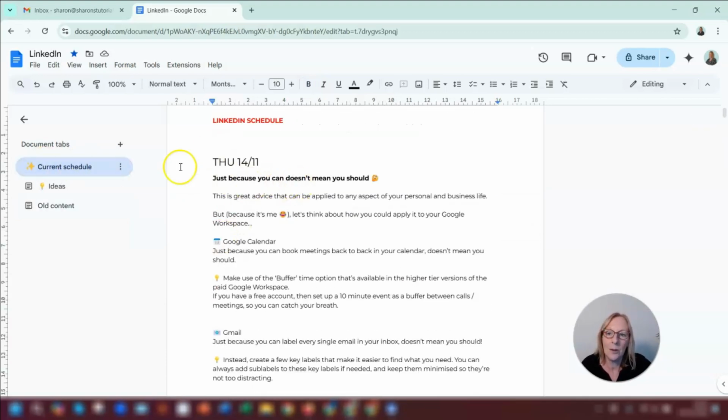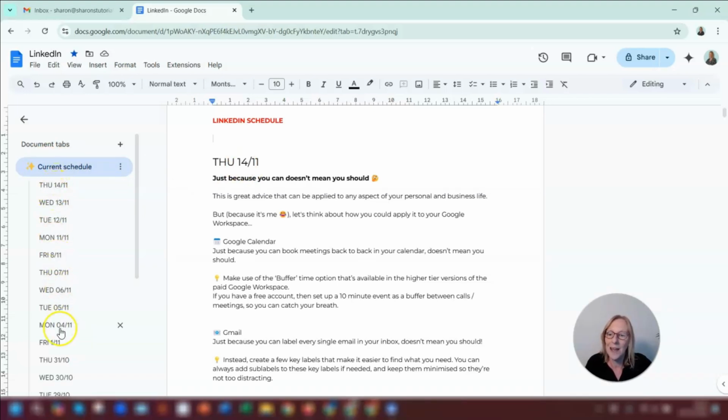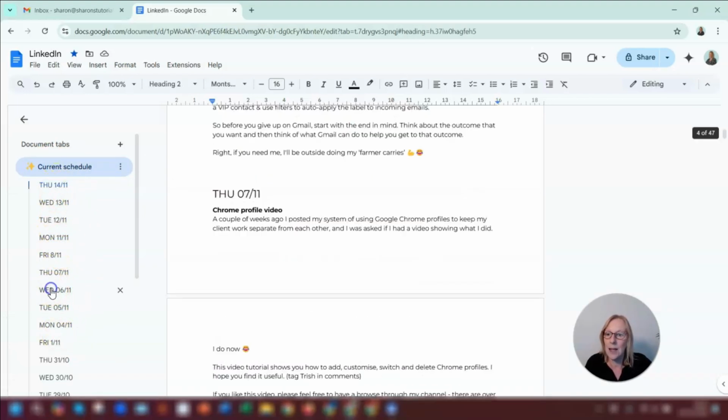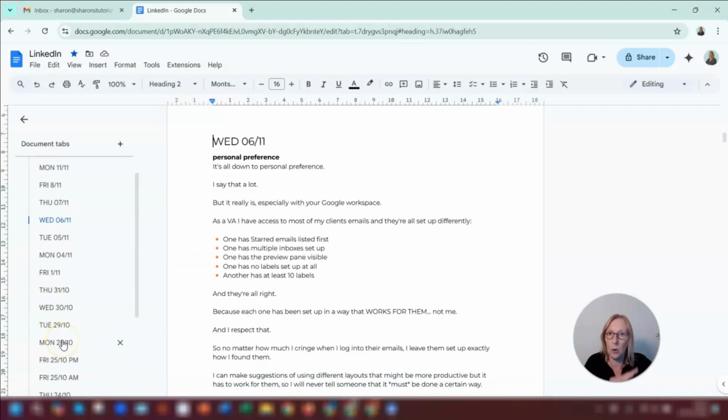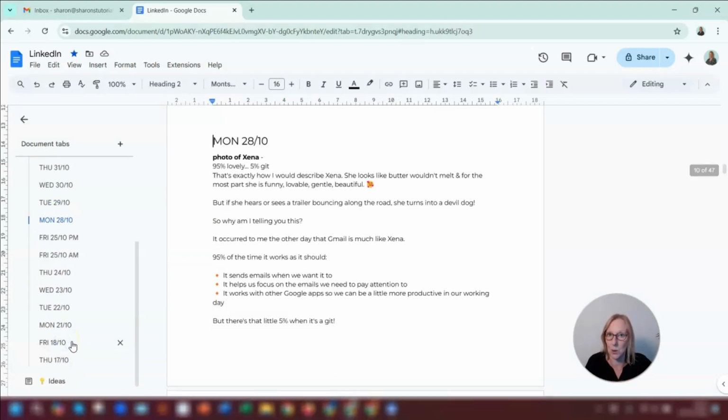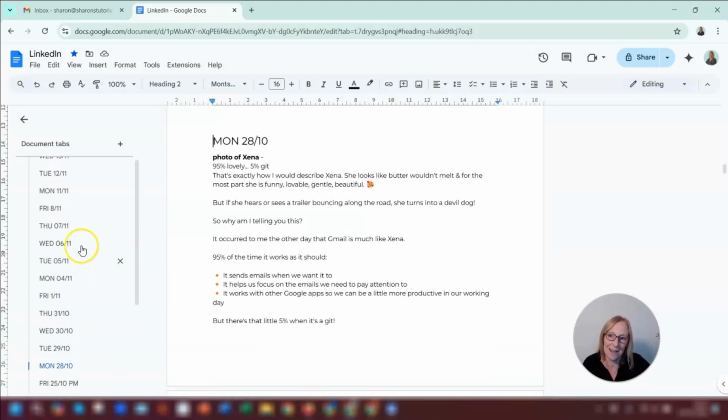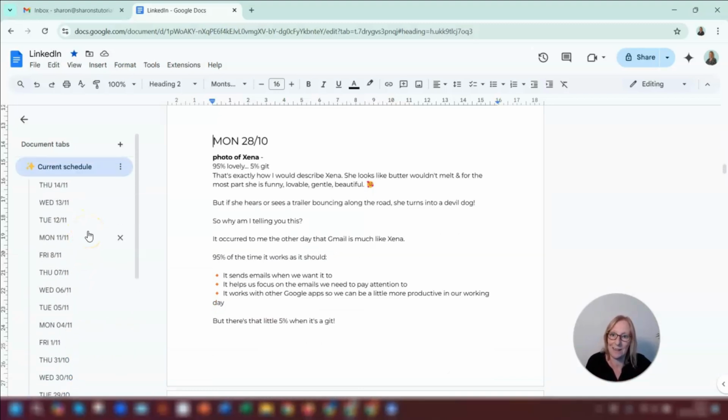So you can see in this current schedule, my actual dates are styled as headings. So if I click on this current schedule tab, it lists all the headings underneath, and they're all hyperlinked, so I can click on any one of these and it will quickly take me to that particular date. Now I actually have the dates as headings because they're linked into a Google Sheet, which contains my actual